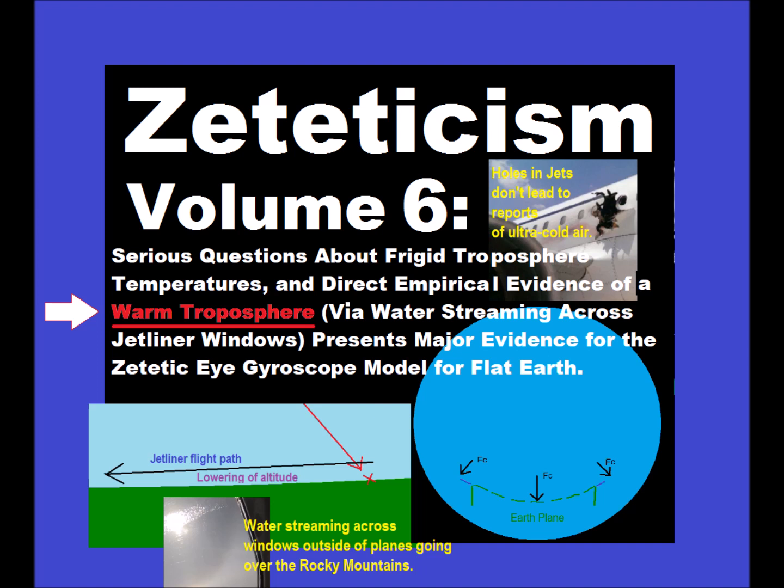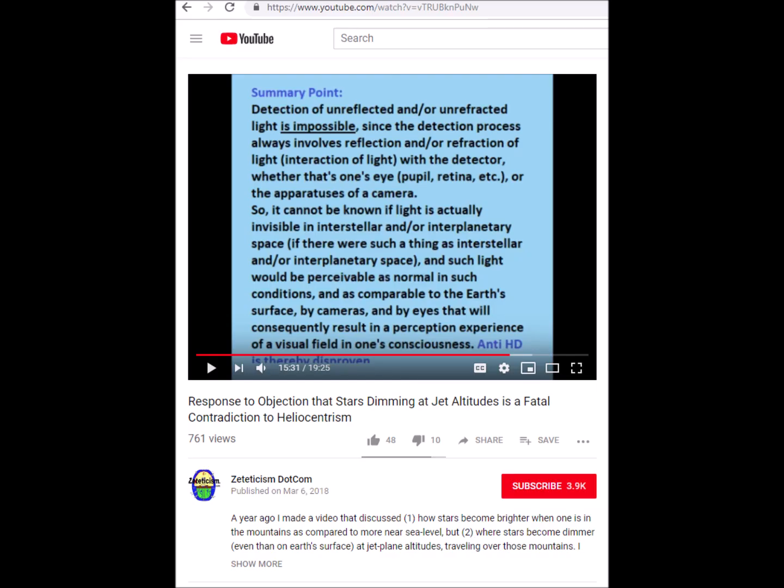Which leads to a further point that not only does the troposphere seem warm, but it also seems to be watery, as if there's water above our heads, much more than we would previously have guessed. There are many mysteries that exist surrounding observations people have on airline flights, but which are simply not discussed or not noticed. I made 2 videos previously about the fact that stars dim as one flies over mountains